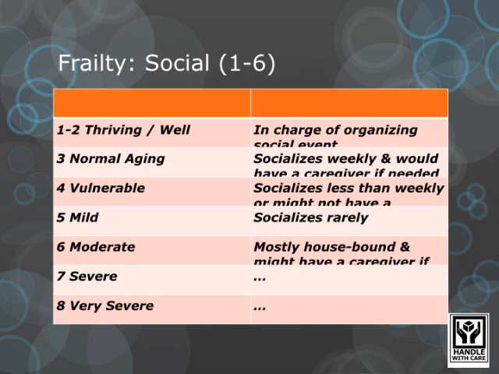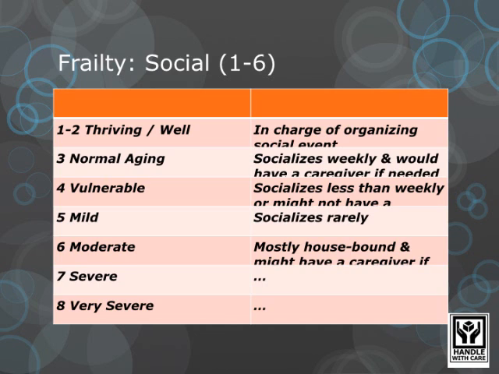So social. This is a huge thing as well that is often under-recognized in other medical ways of thinking about things. The ability to have social support is well known to be an important determinant of health, but often is not considered in acute care. And so one of the things that this way of looking at frailty says is that it's really important to look at that person's context. So for number 1 or 2, those people that are fit, thriving, these people are